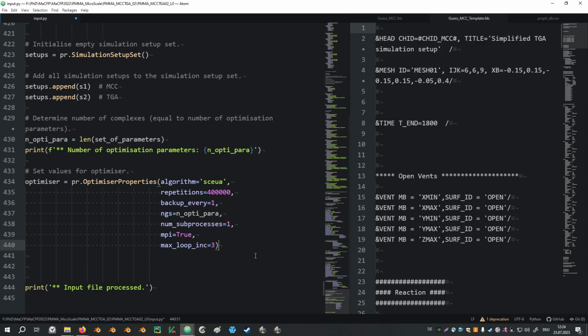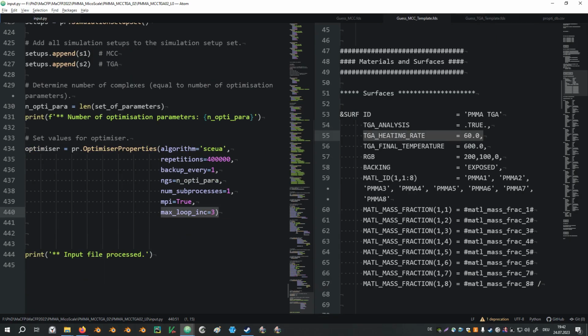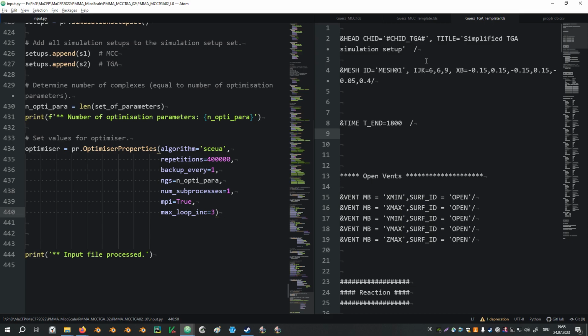Finally, we set the max loop increment. In the case of the shuffled complex evolutionary algorithm, this means how many successful generations are to be completed before PROPTI is gracefully stopped. When using supercomputers, you can typically book only limited time frames for each single job. With the max loop increment, we can ensure that PROPTI can stop on its own terms instead of being killed by the system. I have also copied the MCC template and renamed it to the TGA template, as well as